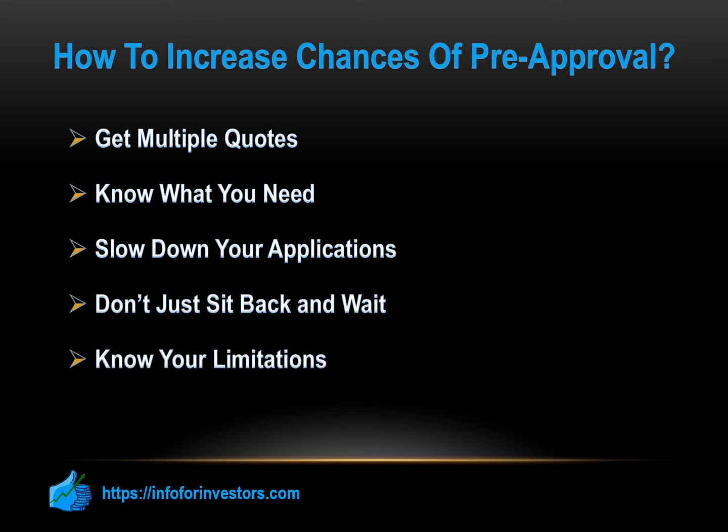Know your limitations. Talk to the lender before you start this process to find out more about what you could be eligible for. Don't try to get a loan for an amount that you're never going to get. If you know you have great credit history and a stellar score, you may be able to get a higher loan amount and better terms. If you know your credit history is spotty or your score is less than ideal, you should know what the